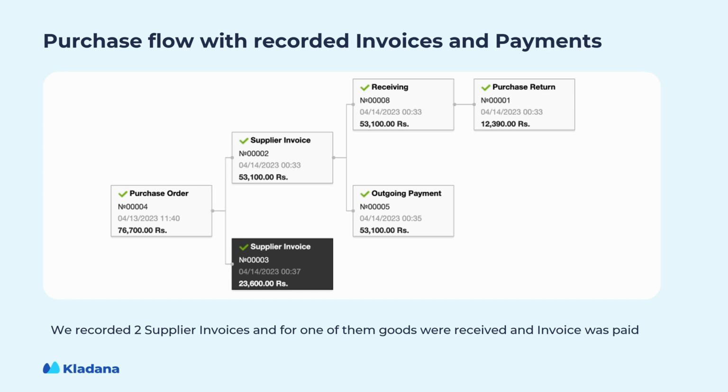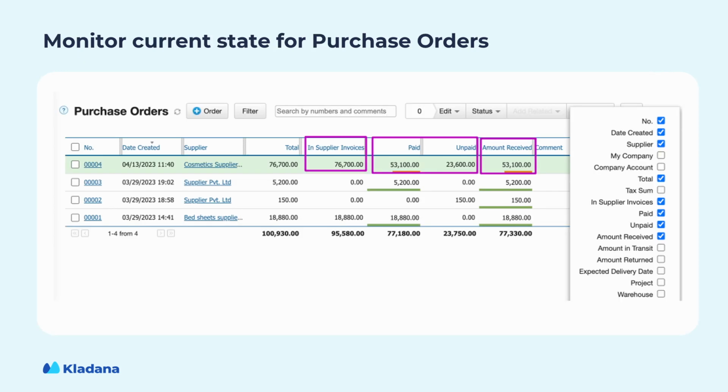For example, for this purchase order, we recorded first supply invoice and for it inward receiving of goods with return and ongoing payment. Also, we recorded a second invoice but still have not received goods and have not paid it. In the list of purchase orders, you can monitor the current state for purchase orders, if it was paid, invoices received. For example, for the case above in the list of purchase orders, you will see the following: completely invoiced,